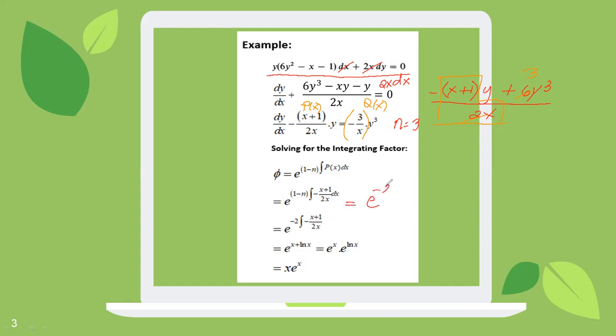So this is negative 2, and you have the integral of, in this case, if you distribute the 2x as a divisor for x plus 1, that would be negative 1 over 2. And for the second term, that would be negative 1 over 2x. This is dx. Both have 2 in the denominator and both are negative, so we can now cancel the negative and the 2's, leaving us with